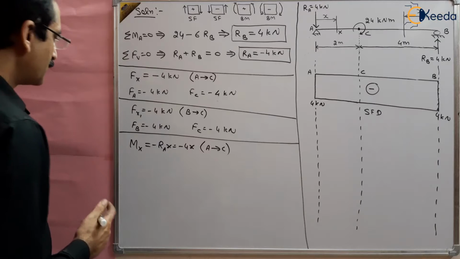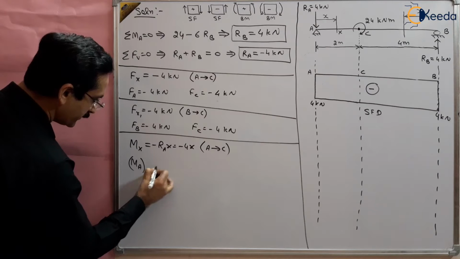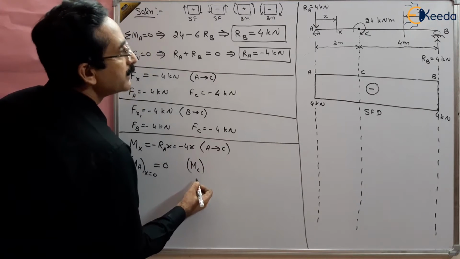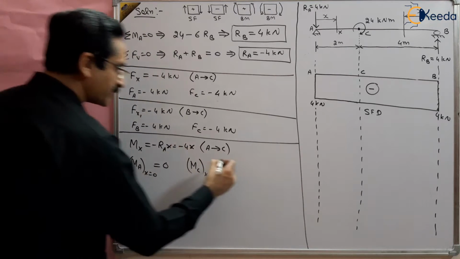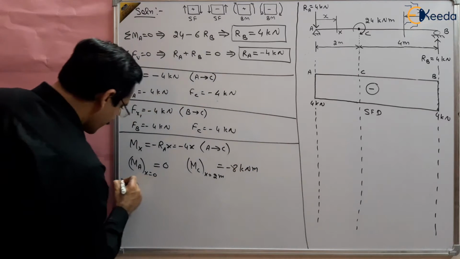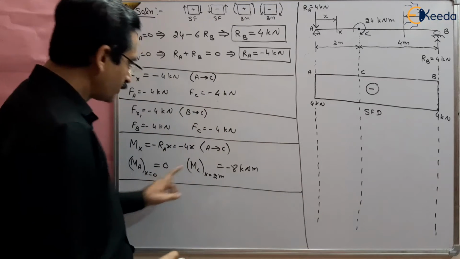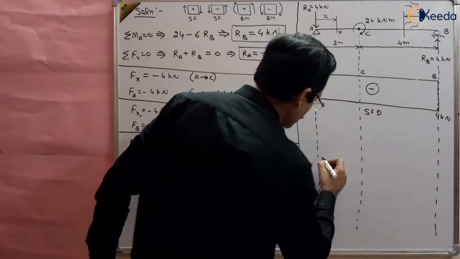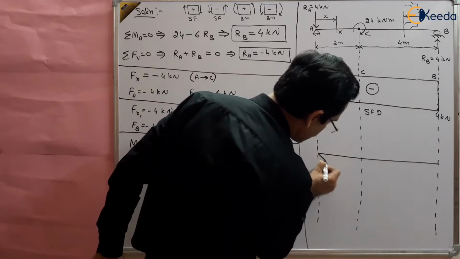And what is MA? At A, x equal to 0, so this will be equal to 0. And what is MC? At C, x equal to 2 meter, so this will come out to be minus 8 kilonewton meter, and it is a linear variation. This is a linear line. So 0 to minus 8 from A to C is a linear variation, in the negative direction like this,